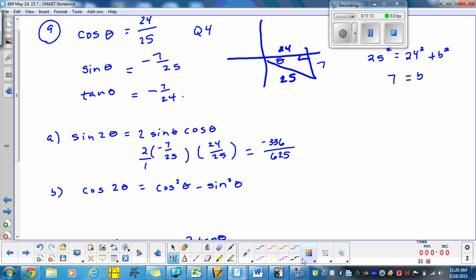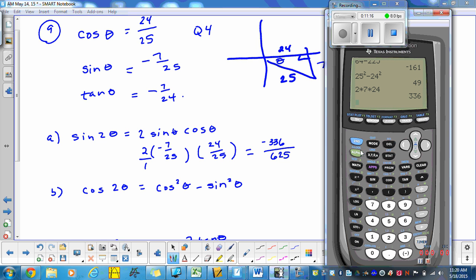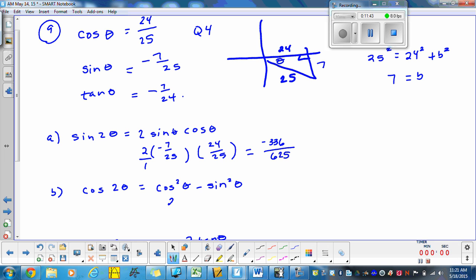So we could see if that reduces on our calculator. Let's see. Put it in as a fraction. And 336 over 625. And I'm thinking maybe not, because it's not all divisible by 5. Okay? So that one is simple. Now again, remember, for cosine, you only have to pick one formula. So again, I like to do the first one, 24/25 squared minus negative 7/25 squared, and that's going to be